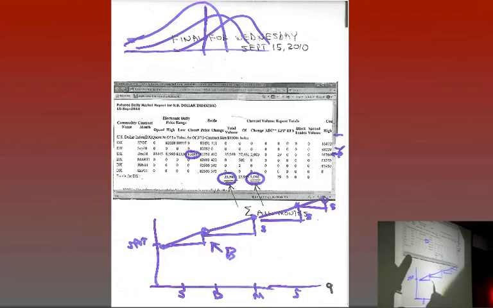Yeah, so this is the basis in here, and that's what keeps the futures honest with respect to the spot. And then you've got a spread and a spread and a spread. If the back months aren't traded, you can see that some of the open interest in the SEP 2011 was 0, but they still have a settlement price for it. They'll settle it based upon where the spread differential would logically be.